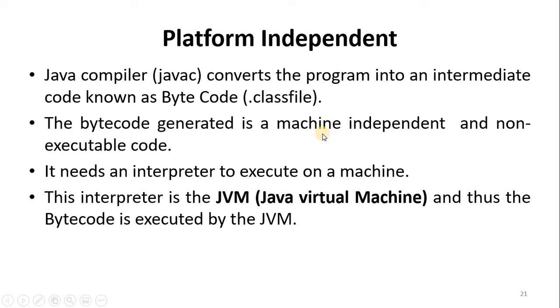Basically, when you open it, we will not be able to understand it. It's machine code, but it is machine independent, meaning it can be executed in any operating system, in any architecture. It needs an interpreter to execute, and the interpreter is nothing but the JVM. The JVM is the one which is going to interpret your bytecode. Without the JVM in the system, we cannot execute. Every computer nowadays has a JVM. For example, if you are accessing anything from the web and you do not have a JVM, your Java code will not be executed. So the JVM is important to execute the program.